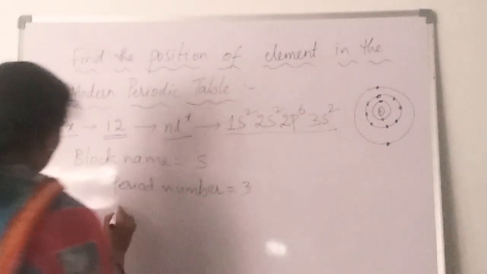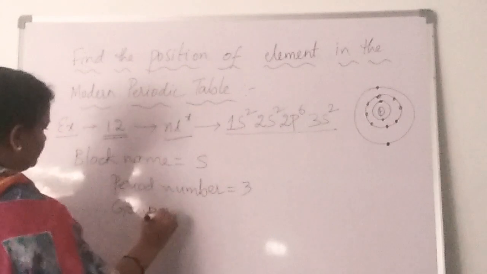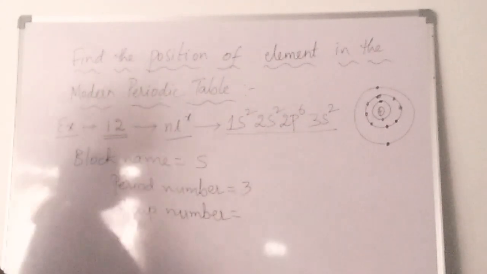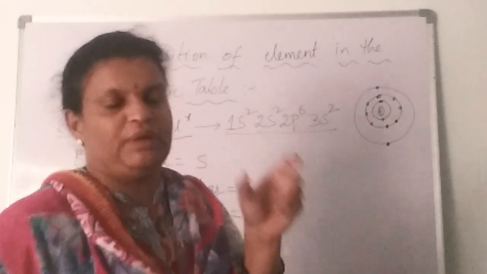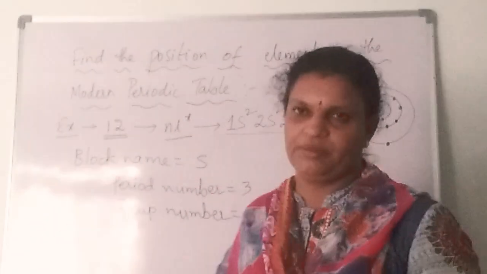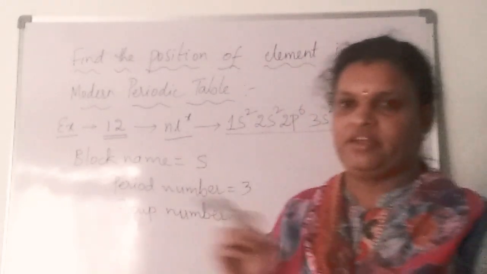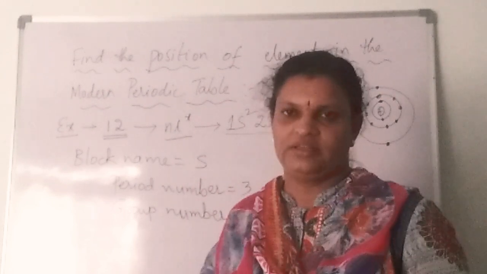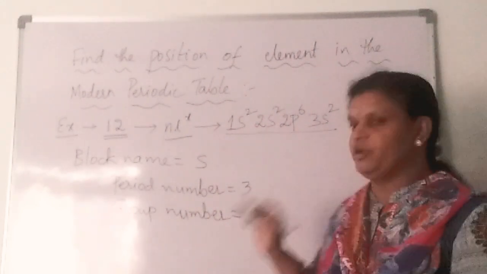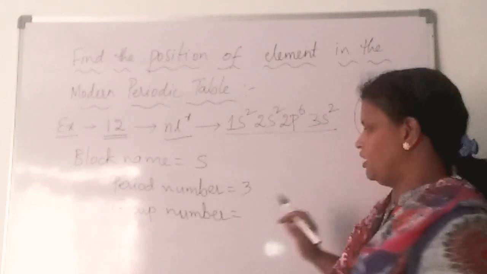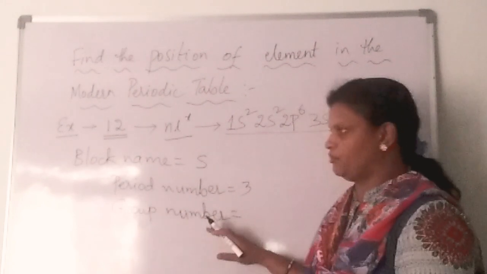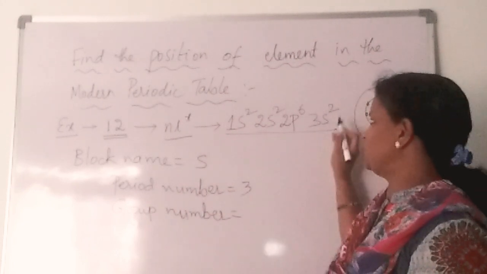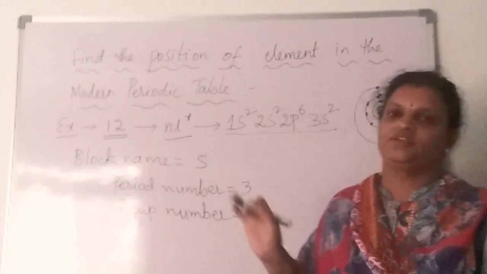Next, how do we say the group number? Here we have 2 terms, group number and column number. Many students will confuse group number and group name. Based on the column number, we can simply write the group number. And the group name is also there, like 1A, 2A; all these are the names of the particular groups. Group numbers means 1, 2, 3, 4, 5, 6, those are the numbers. Whenever we are writing the Roman numbers, we should be somewhat careful. Now, first of all, we'll try to write the group number. As the element belongs to the s block, here we have a formula: how many electrons are there in the last shell, that becomes the group number.